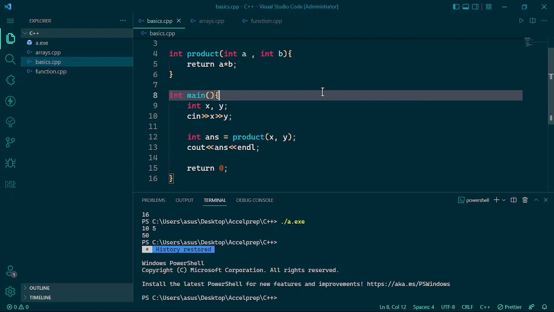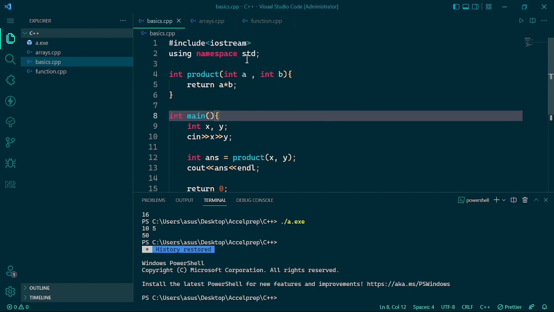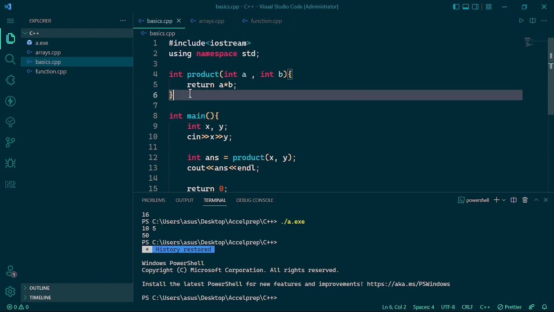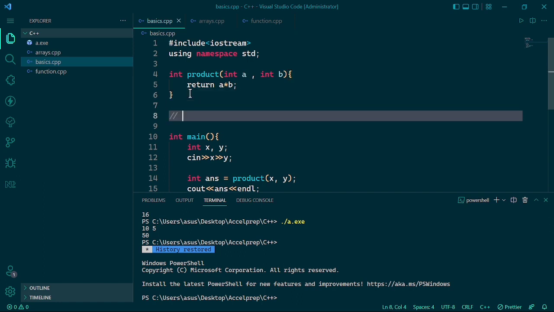So hello everyone. In the last video, we have seen functions and references. As I told in the last video also, we will be doing some problems on functions in this one. So let's solve one more problem of functions. The first problem is